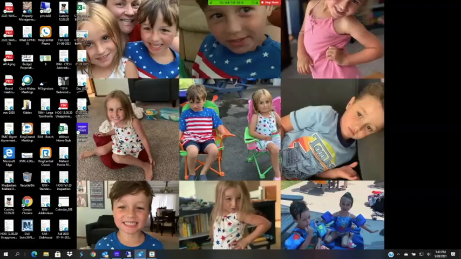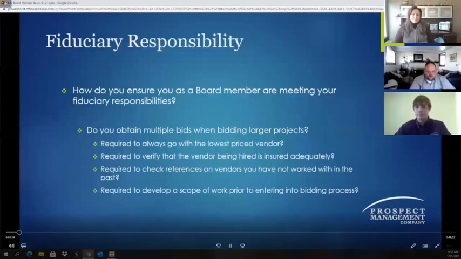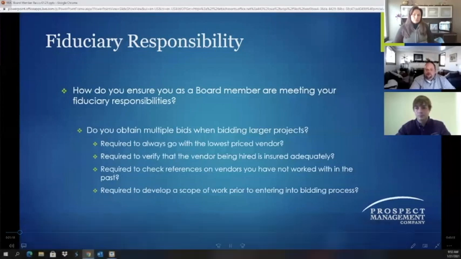So what you always want to do is anytime you get bids and you have these vendors who you've never worked with who come in extremely low on pricing, make sure you get references and get firsthand reports from other condo associations that have completed like projects. For instance, if you're working with a vendor where they're replacing multiple driveways and the reference is they patched somebody's driveway, obviously that's not a valid reference. So just always keep that in mind and make sure that you are verifying those references so you can make sure you're meeting your fiduciary responsibilities.